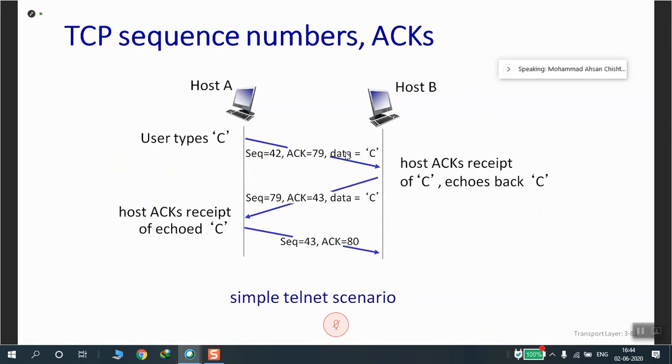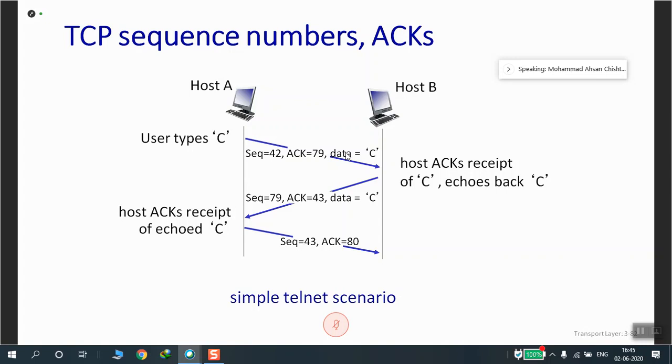An example of sequence numbers and acknowledgement numbers is given in Telnet. Telnet is RFC 854, and Telnet runs on TCP. In this, if an acknowledgement is carried in the segment carrying the data, this is known as a piggyback.